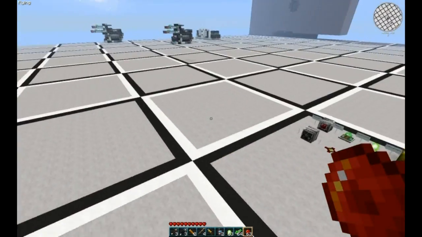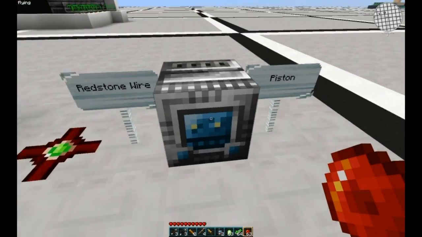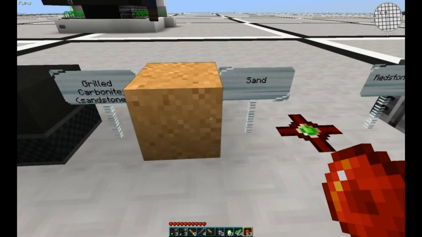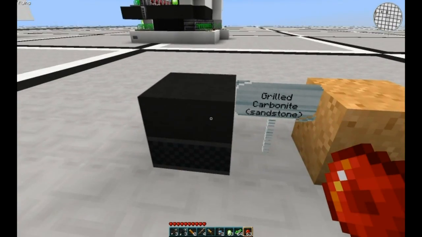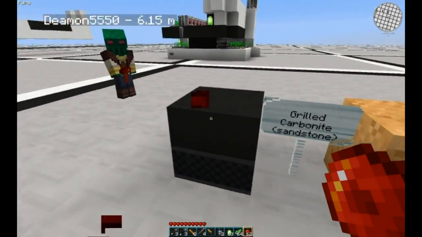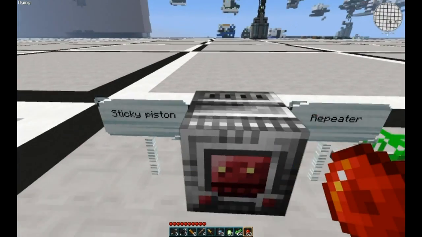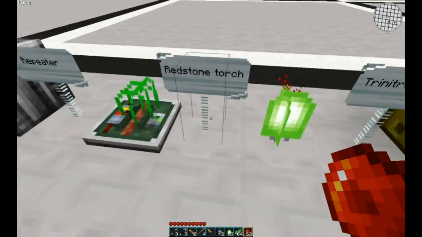So let's go over the materials we're going to need for this build along. Today we're going to want you to gather a piston, redstone wire, sand, grilled carbonite, or I guess sandstone or any other type of block like stone if you want. Something you like and is pretty. We'll want a sticky piston, repeaters, redstone torches,